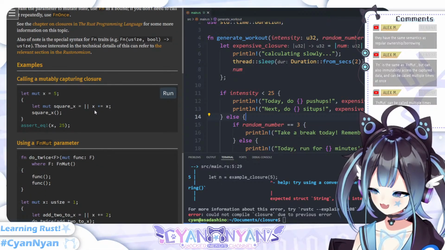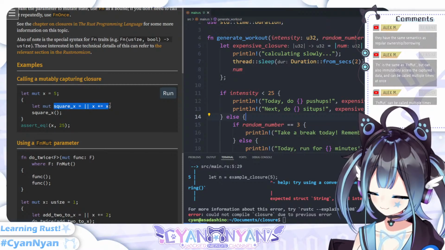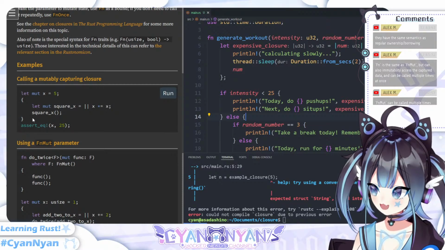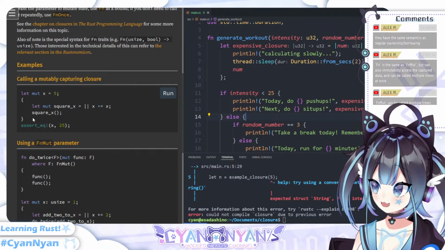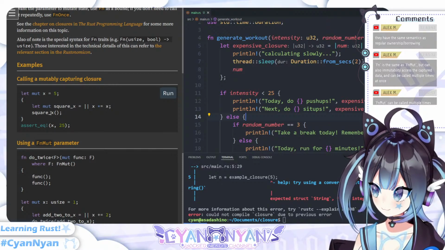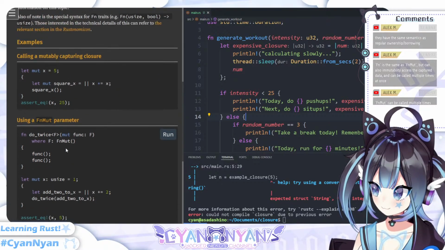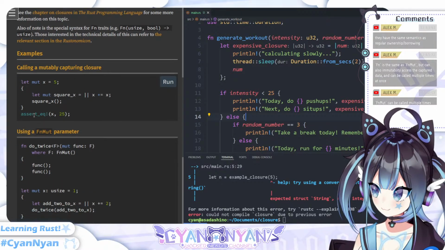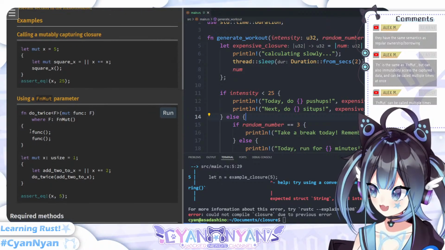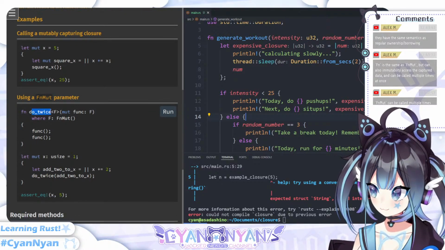Calling immutably capturing closure. This squares the x. Okay. So you change it up. It takes the square of x, and this function do_twice